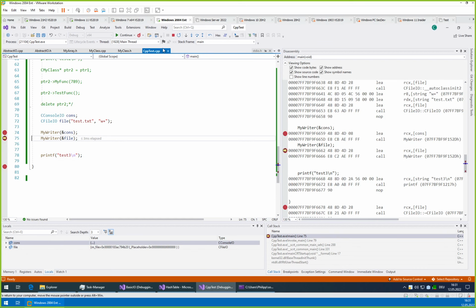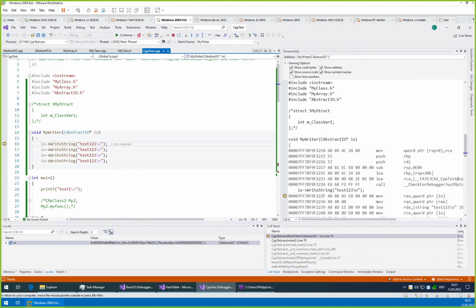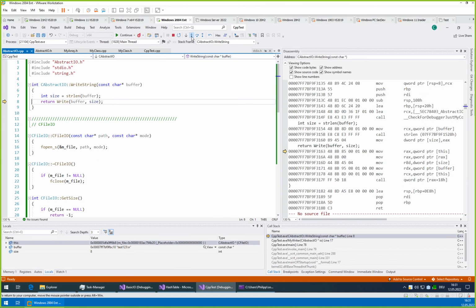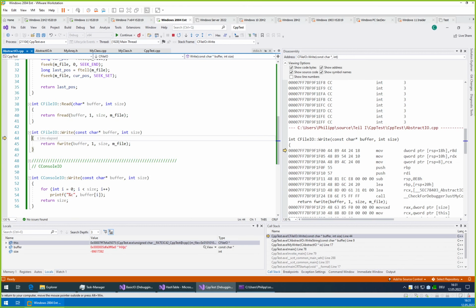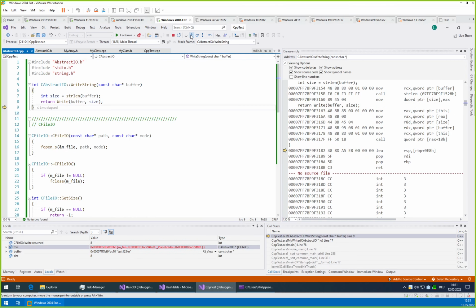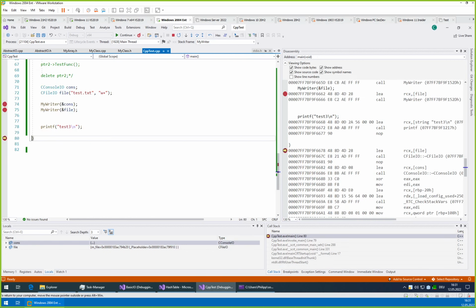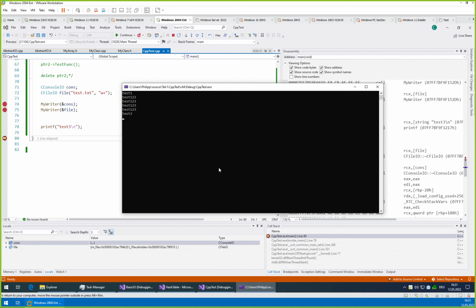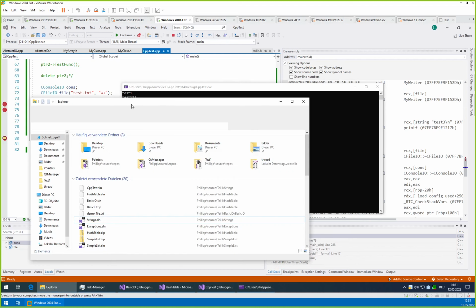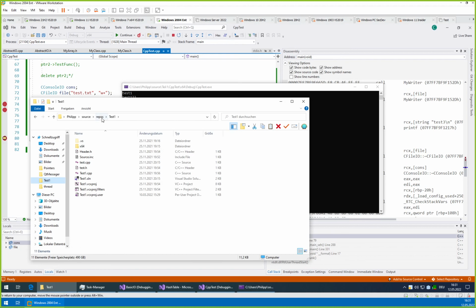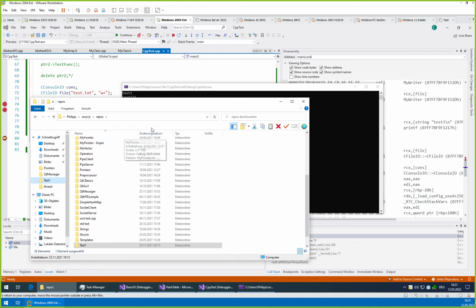So here now for the file case we enter the exact same function, we then still enter the exact same function, but now we end up in a different function. And voila. And now on the console we have our 1, 2, 3, and somewhere... how did I call that?